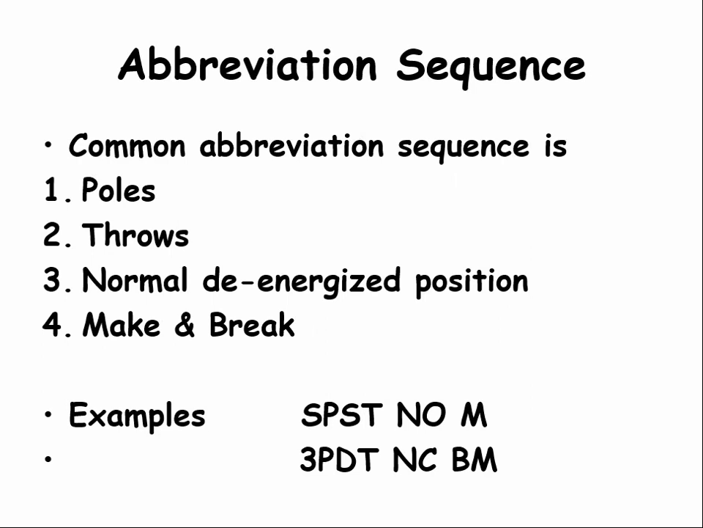When ordering relays, the common sequence for listing these four characters is as listed here. First is the number of poles, followed by throws, followed by normal de-energized position, and then any make or break characteristics needed. So the first example is a single pole, single throw, normally open relay that will make a circuit when energized. The second example is a three-pole double throw, normally closed relay that will break and make circuits when